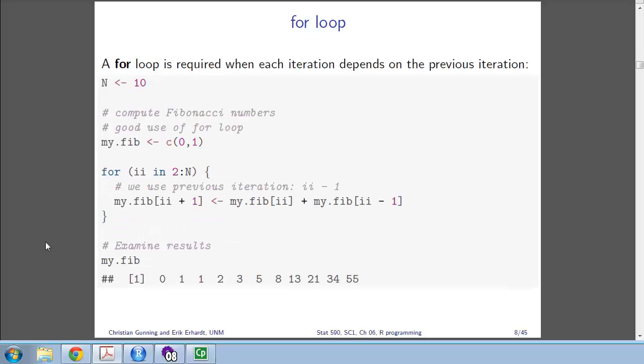All right. When is a for loop required? Well, if each iteration depends on the previous iteration, then it's hard to get away from a for loop, unfortunately. One example of this is Fibonacci numbers, where the next number in a sequence depends on the sum of the two previous numbers. All right, so let's start with n equals 10,